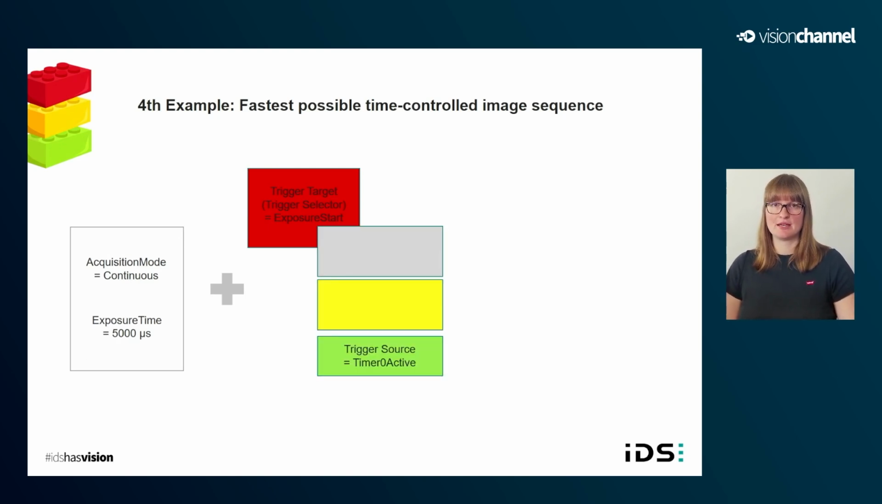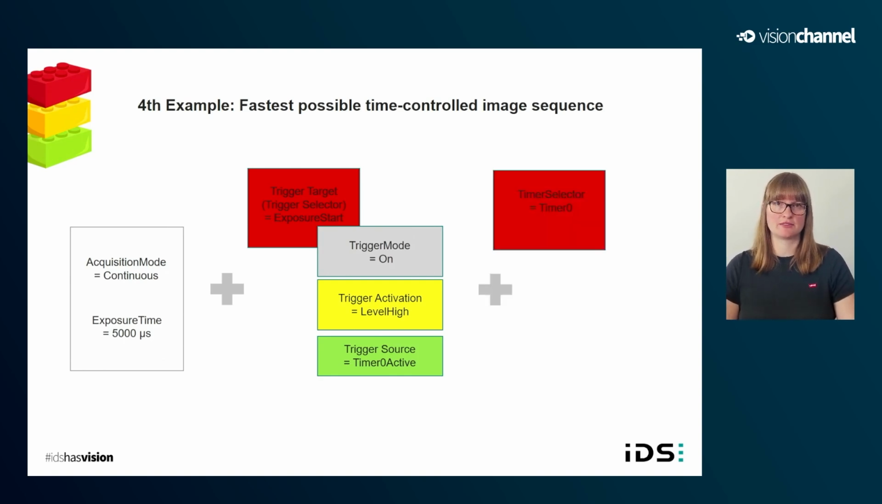source. The trigger activation is level high, because as long as the timer is active, this means that the timer signal is high. As soon as the exposure of one image has finished, a new one will be triggered, because the timer is still active and therefore the signal high. The trigger mode needs to be on,